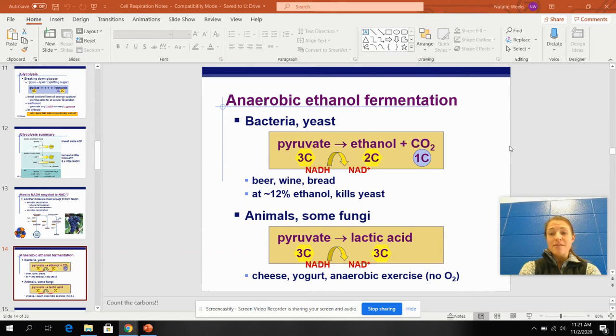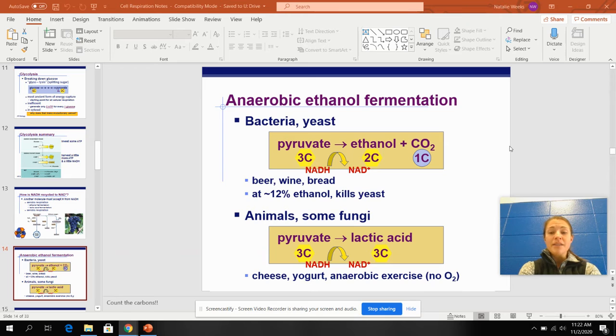So this is us, this is people. When we don't have enough oxygen for this pyruvate to enter the mitochondria to go into the next cycle, what happens is we turn that into lactic acid. In order to oxidize our NADH back into NAD, we have to make lactic acid as